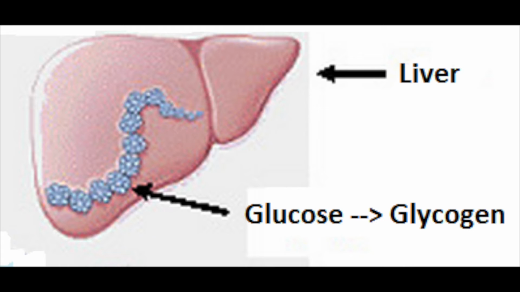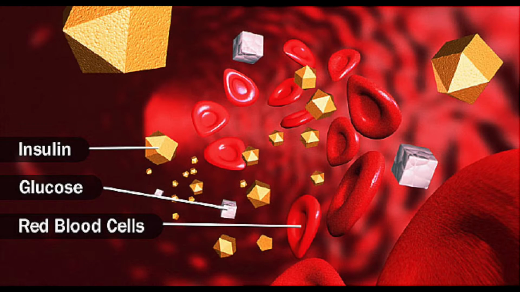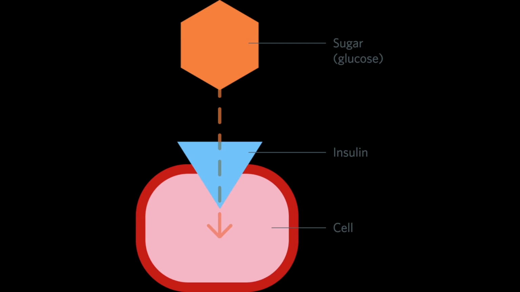After being digested, glucose can be used for multiple structures. It can either be absorbed into the small intestine or stored inside the liver for later use as glycogen. Other glucose can also be moved through the bloodstream or be converted into energy with the help of the hormone insulin.